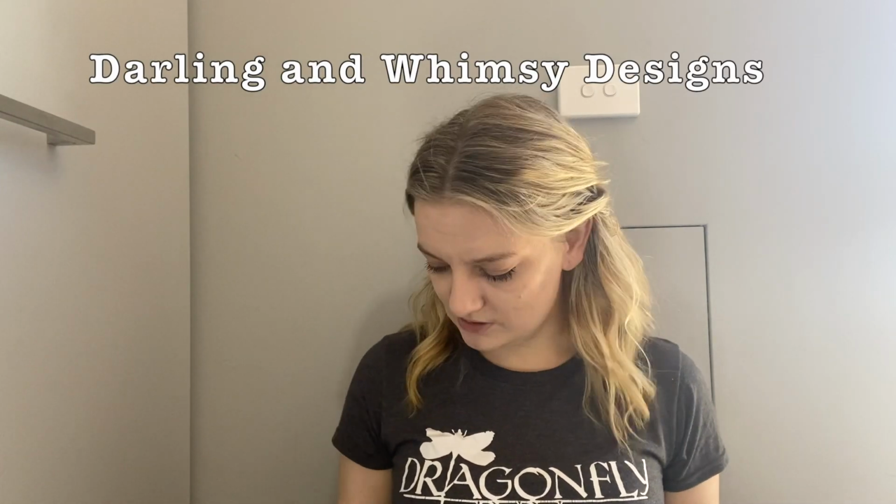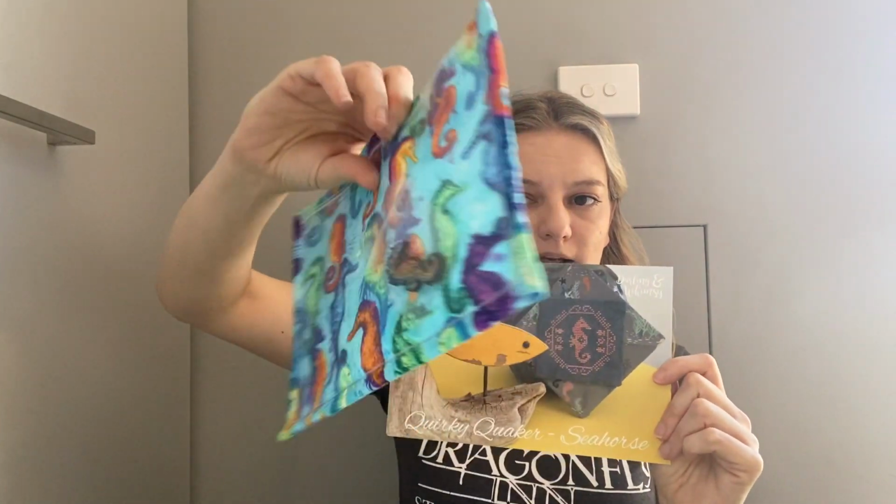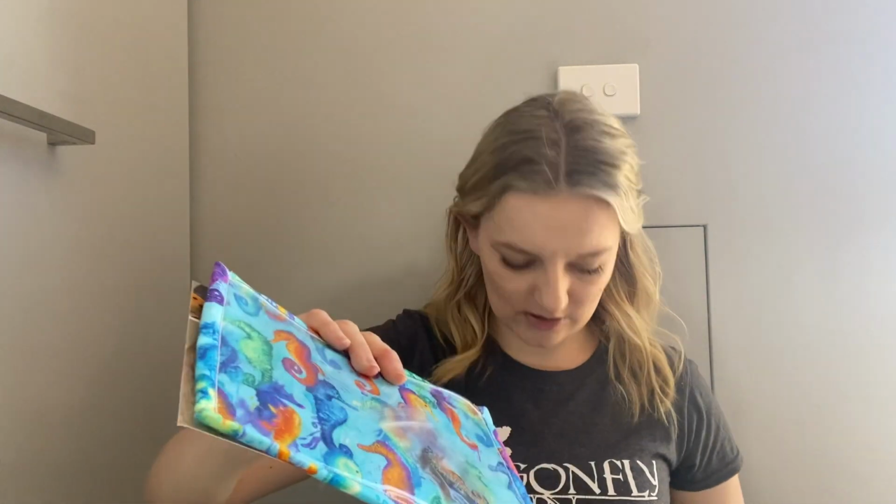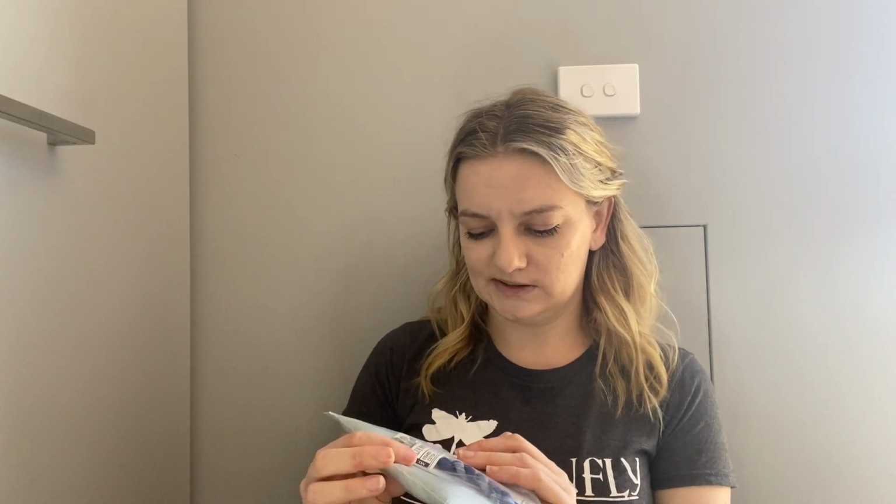Again, this was an Instagram purchase, and it would have been early hours of the morning. I was still waking up, and I purchased the little kit of the Quirky Quaker sample with the floss buddy, and it came with a little needle minder which is in there. So I'm going to do this little lovely one on 40 count Wishelt Newcastle, called Water Green. I'm going to open this, sorry, you're not going to see it otherwise,